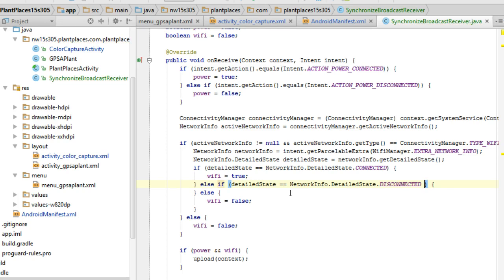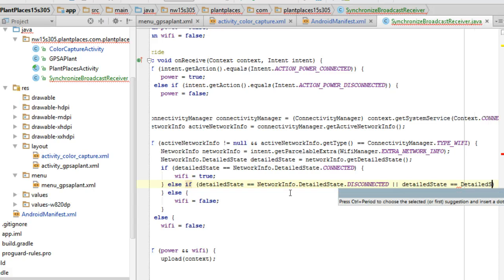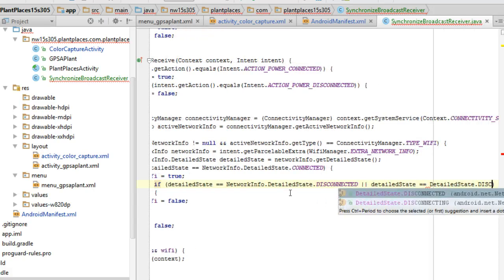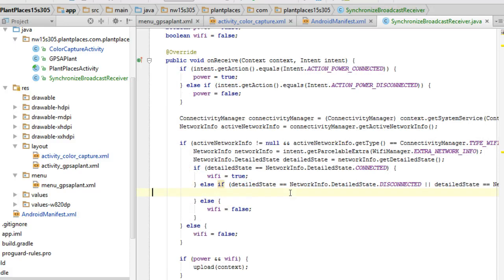Or we'll combine it with an or clause. DetailedState equal DetailedState.DISCONNECTING. Maybe then we want to proactively go out and maybe kill some processes that are running that